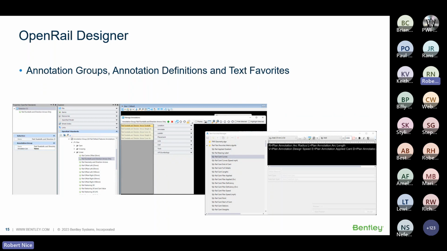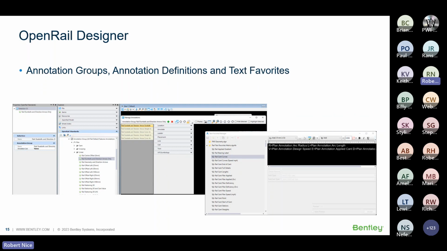I want to label maybe the radius value and the spiral length. And all those would be definitions. And they all basically link to the annotation group. And the annotation group, again, controls all of this. So when you place something or you annotate something, you pick the annotation group name. So that's why I'm thinking, if you think of the annotation group just like a preference name,